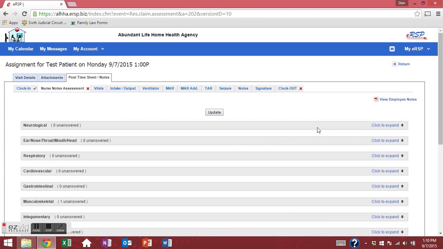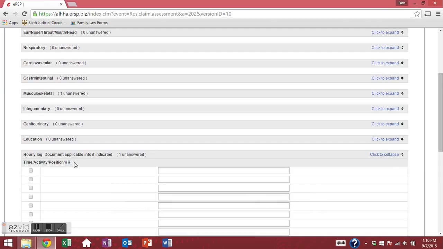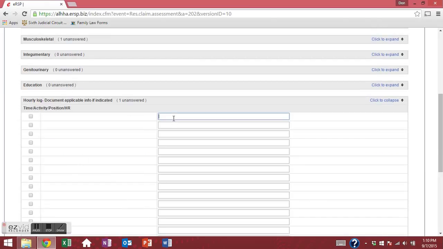Let me update. Okay, so this is the hourly log, and what we'd like to see here is, in the way that we used to have the tables on the paper notes, we'd like to see some of the same thing, just as a quick blurb for any of us to see kind of what's going on with that patient hour by hour. So if I come on at 1 o'clock, we can use preferably military time, but you could say 1 p.m. So the patient is sleeping on the right side,